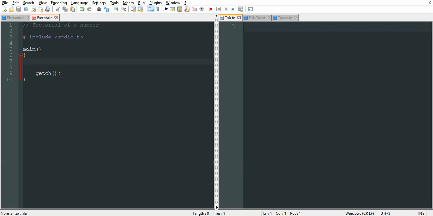Factorial of a number is defined as the product of all natural numbers less than or equal to that number.